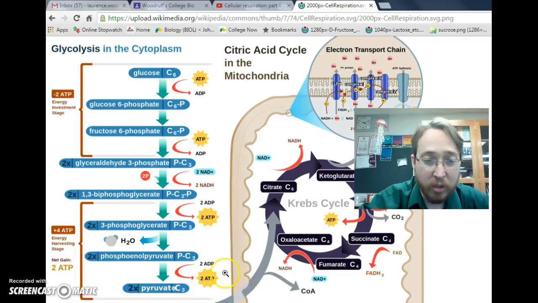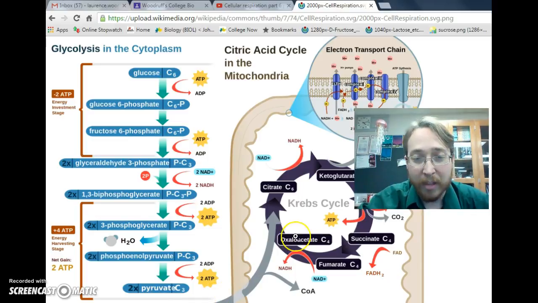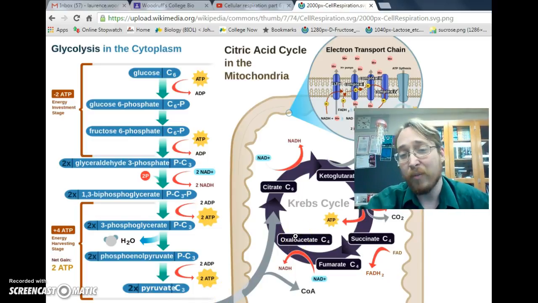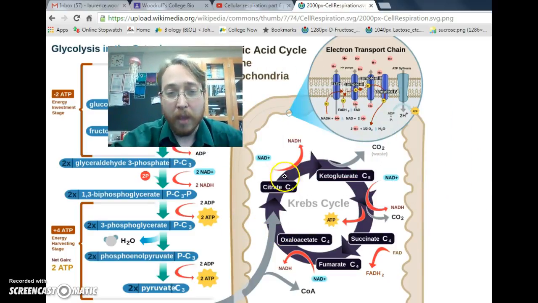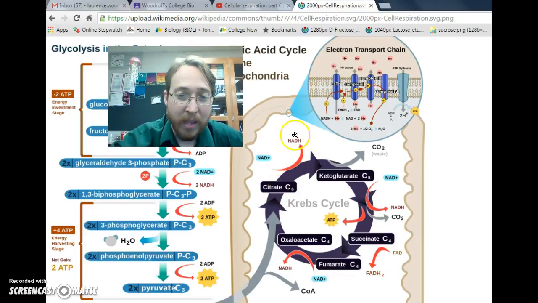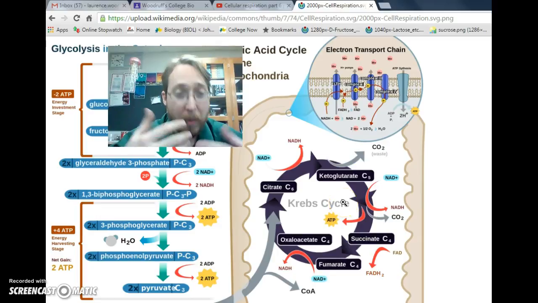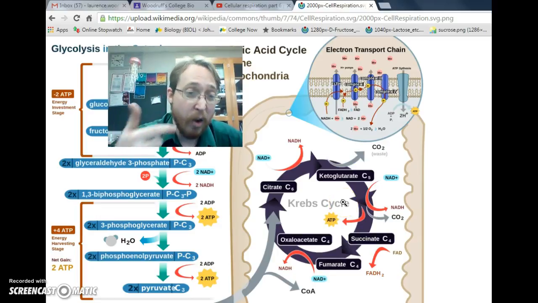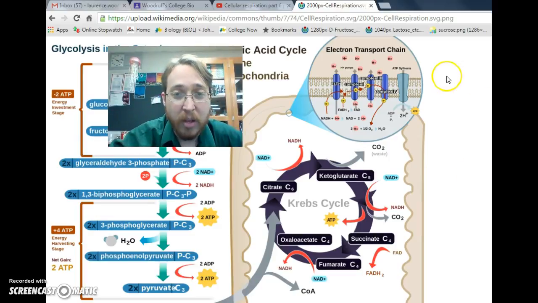Second is our transition step. We've got to get this pyruvate into the mitochondria, so we use active transport to get it in there, and we have to further break it down to acetyl-CoA. We get another energy carrier or 2 out of that. Then we go to our citric acid cycle, aka the Krebs cycle. We loop around with citrate, and during that process we make NADH, NADH, NADH. We're also making some CO2, and the big point is to make more electron carriers. And so we just keep looping around with more acetyl-CoA until we get more electron carriers, which finally brings us